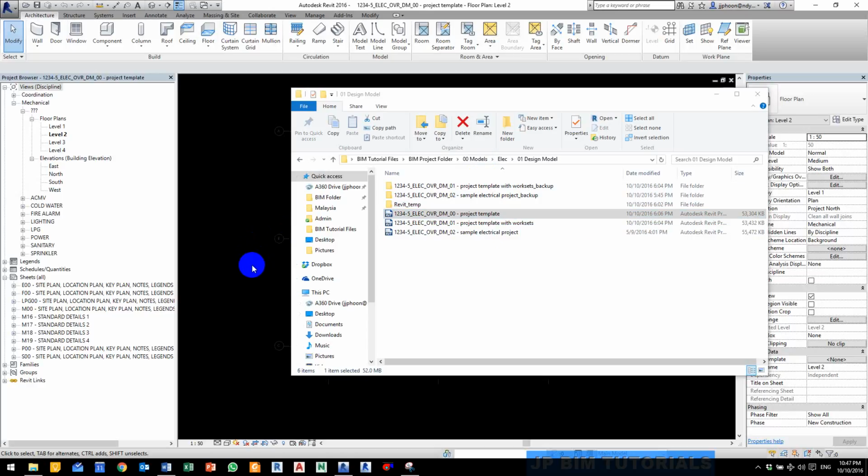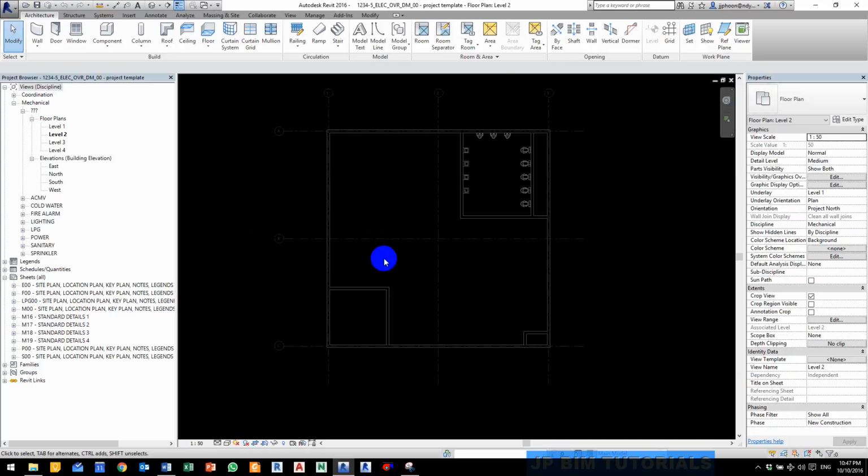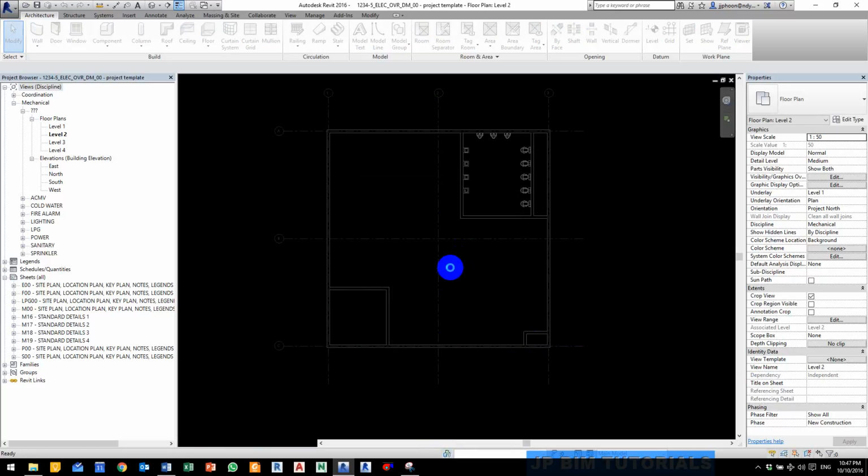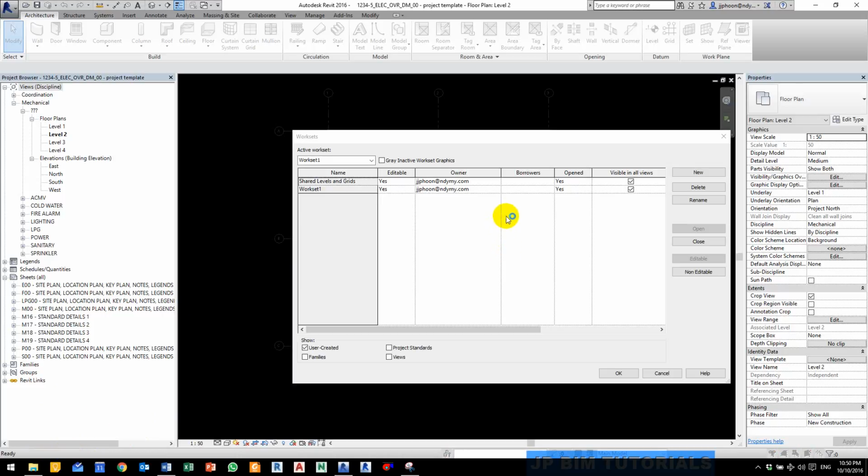So once the file is loaded, before beginning designing the electrical model, we're going to create work sets for this model. So to create work sets, click on this button down here which says work sets and click OK. So work sets can be used not only for electrical but for other services, but we're going to use it as an example for this model. Just wait for it to load, and you can see the loading bar at the bottom left. So once the work sets have loaded,